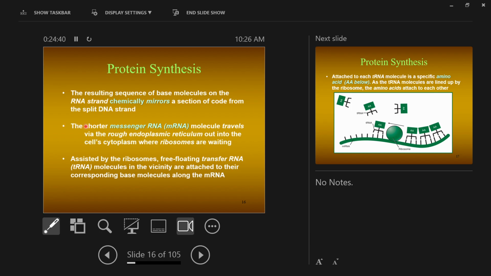So this shorter mRNA molecule travels through the rough endoplasmic reticulum out into the cell's cytoplasm, where ribosomes are waiting, okay? Somebody's waiting outside of the library to help you now. They're going to help you convert this mirrored copy of the book into a usable thing that I can now read, okay? So, assisted by ribosomes, nice little helpers, free-floating transfer RNA molecules, tRNA, are just hanging around outside the nucleus, and they will attach to the mRNA strand, and we're going to now